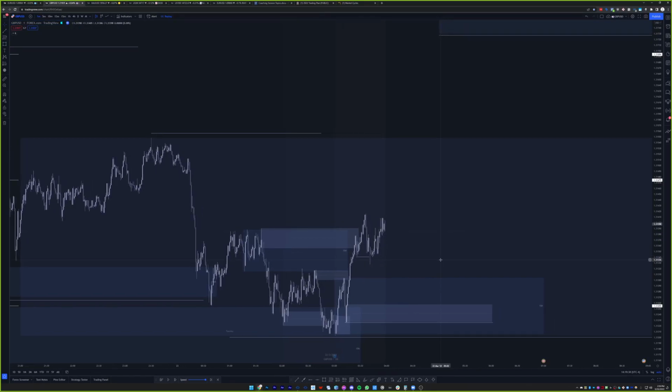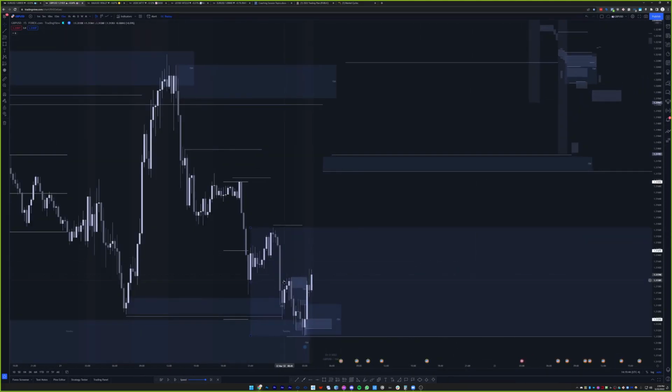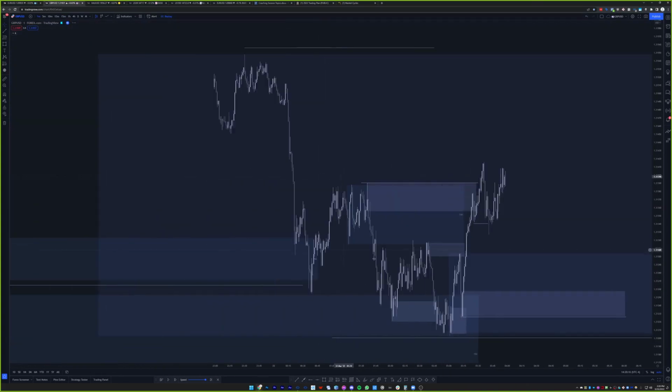Let's see also, now I'm going to go in the 15-minute for a second because I want to see it close above this level, right? So again, throw wicks out into the trash because this is what's more important. Are we closing above it? I don't care if we wick above it. You guys understand the problem with wicks, and we're happy to admit that we're wrong on wicks, it's fine, it's not a big deal. There's a reason you switched it to this, right? The problem with wicking a zone like this is a rejection. Price could very well be telling us that this low is weak now. So we want to see it close above. It's very important we see that, right? That makes sense.